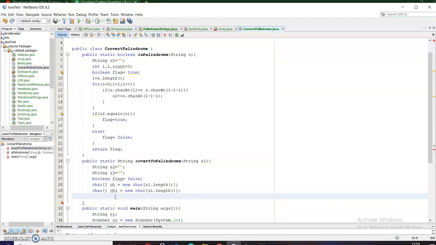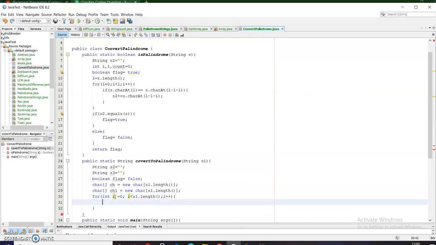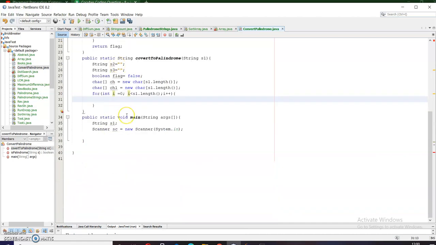So for this, I need to use a for loop. So firstly, let me define a for loop. For int I equals 0, I less than s1 dot length, that is the length of my string, and I plus plus, and within this I will write a condition.